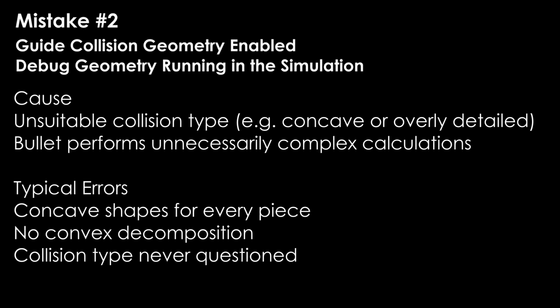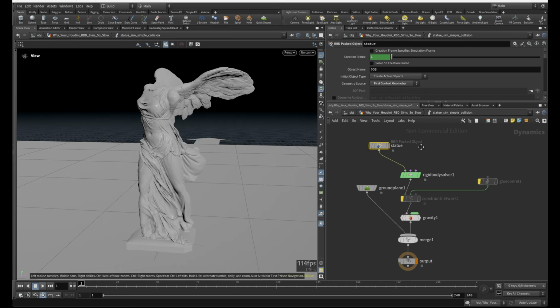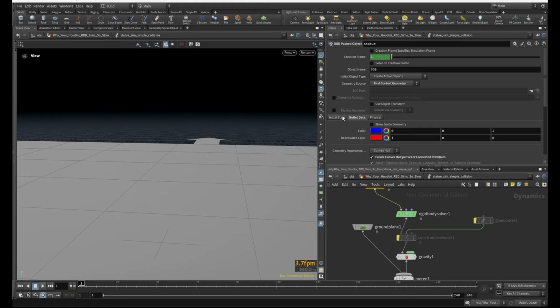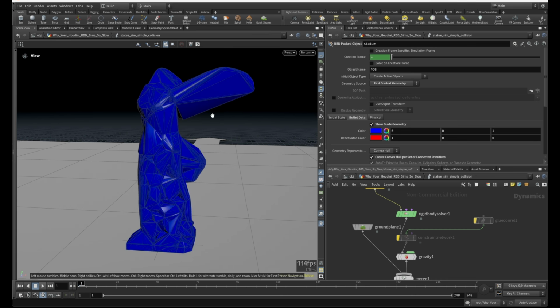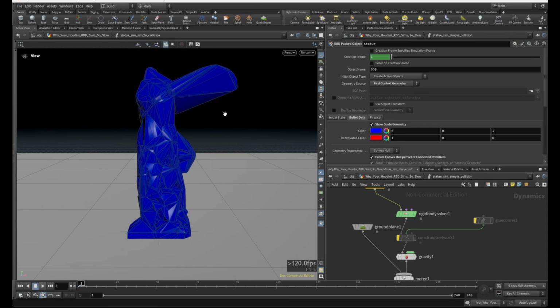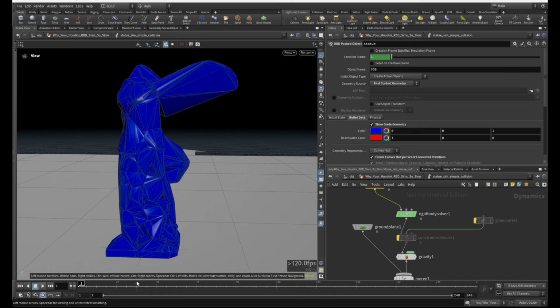Mistake number 2 is that collision guide geometry is enabled. Now let's see how it can slow down our simulation. We already simulated our object and got about 1.9 frames per second. Now I just show my guide geometry, because this is very good for troubleshooting and looking at the real self-collision geometry. But if I try to simulate it this way,